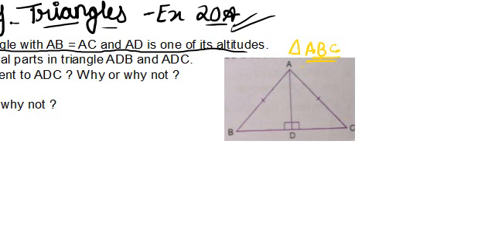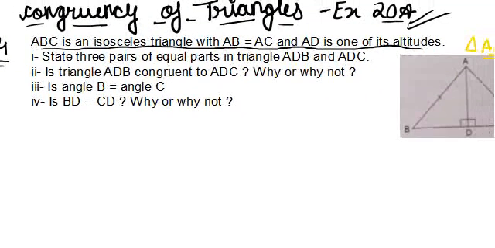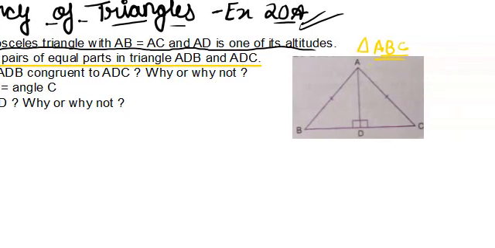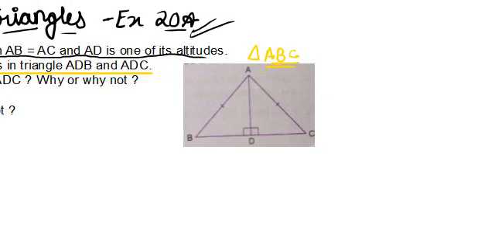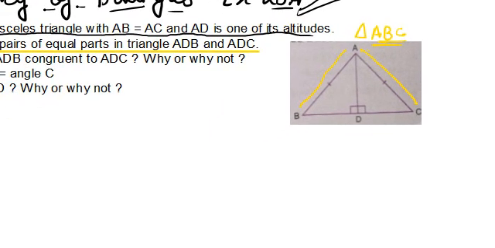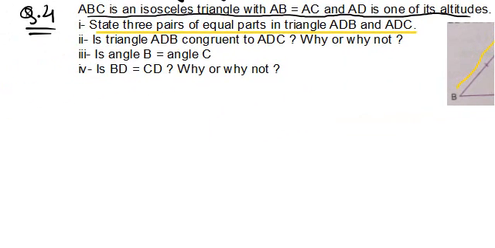It's asking here, first is state three pairs of equal parts in triangle ADB and ADC. So we have to state three pairs of equal parts. So what can be the first pair? AB is equal to AC. This is already given. So the first pair that we will write is given in the question only, that is AB equals to